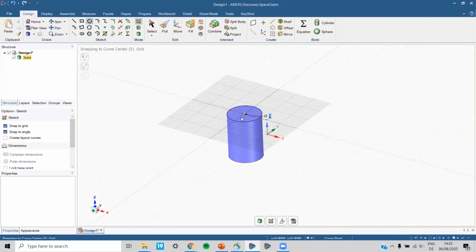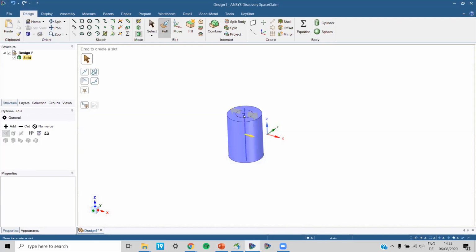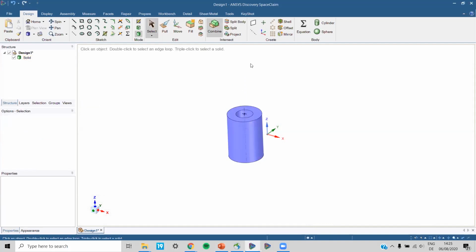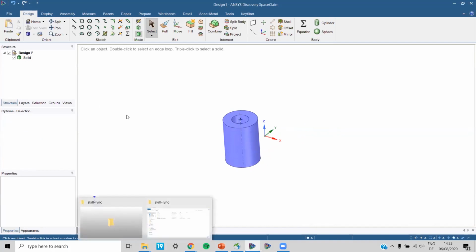With the same pull function, you can either extrude or even cut with the same function. And then you can do some loft features, some split bodies. So if you're aware of these terms, it's good enough. I will cover it in the future course, but right now I will just give you a short overview of these functions here. But what I want to do is show you some real life examples. So let's say